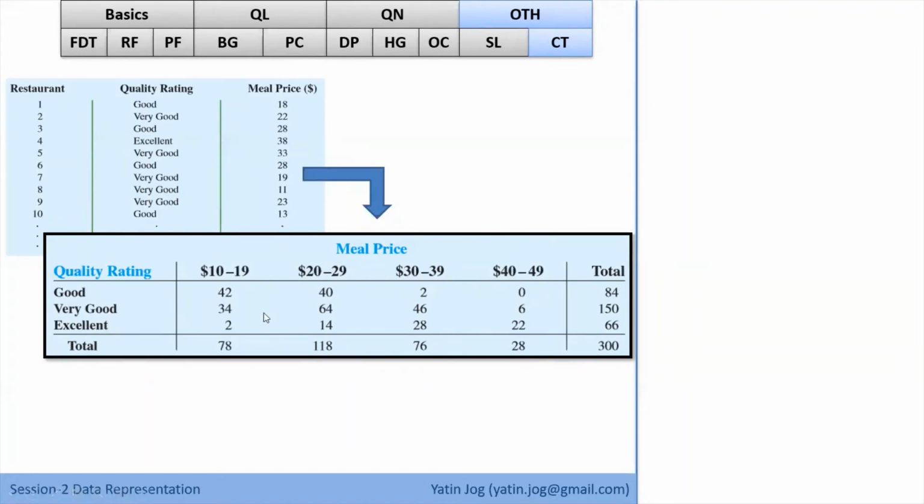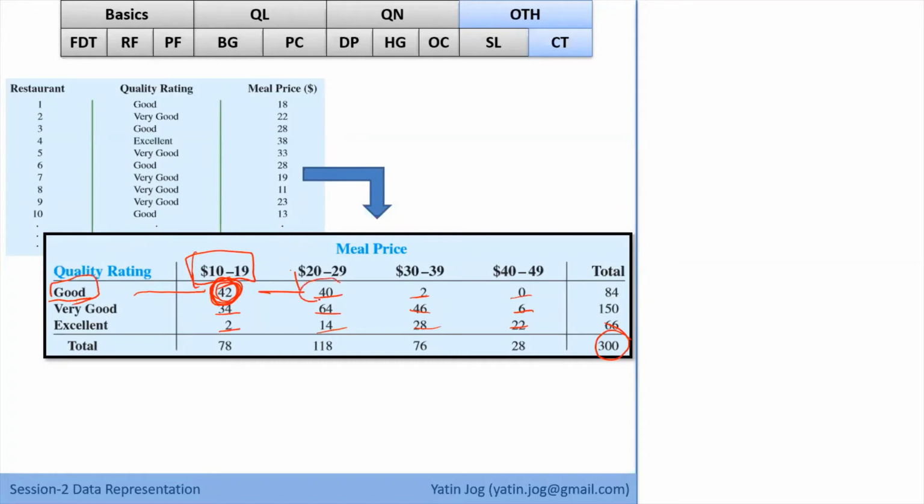Now, what is the meaning of this 42? Anybody? This 42 means there are 42 restaurants out of 300 having good quality rating and having meal price between 10 to 19, both. It is connected with both, one in row and one in column.